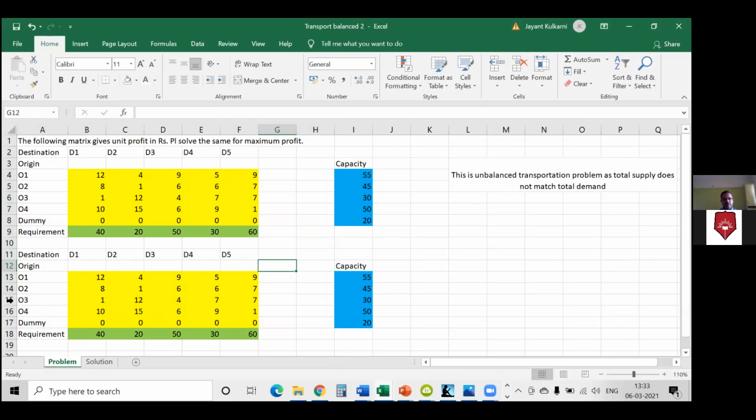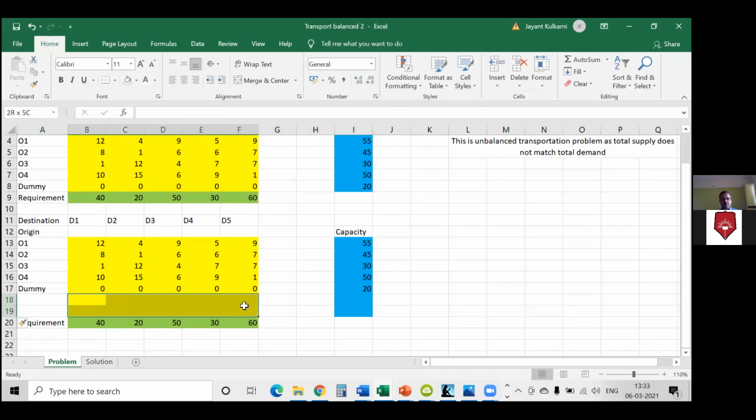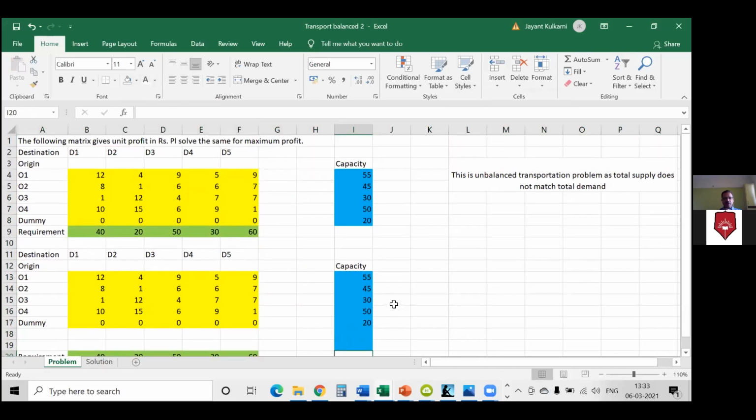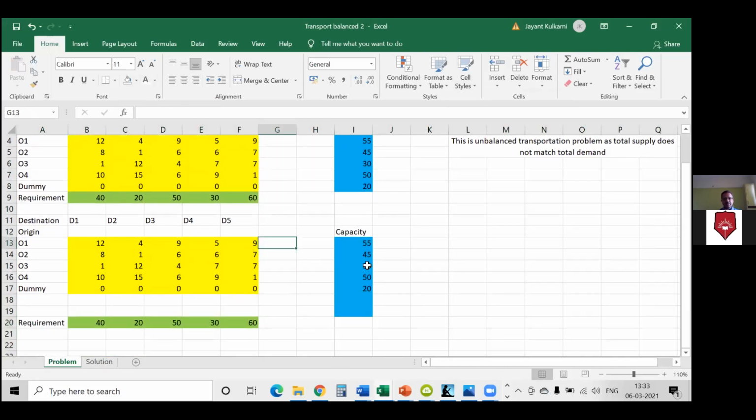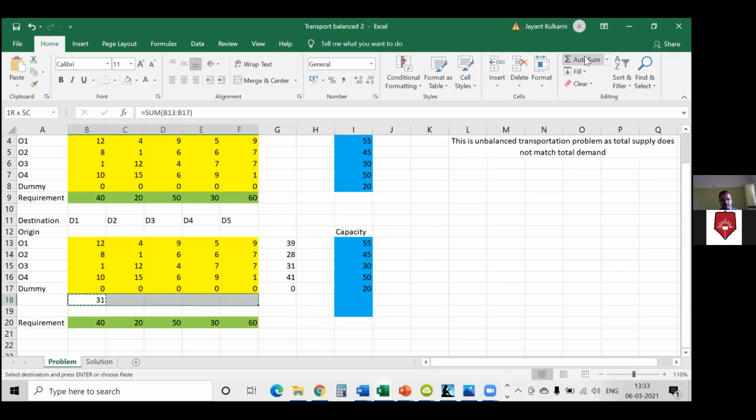Correct. And then I introduce 2 rows here. Yeah, 2 rows inserted here. Okay, great. Now, as usual, I'll capture sum here in this particular field. So this will be sum. Okay. And I will capture the sum of the column cells here.